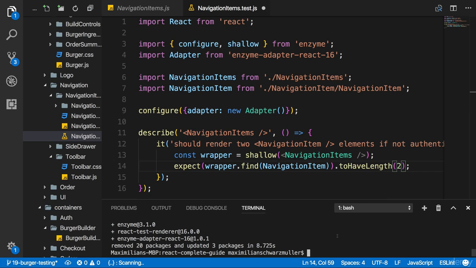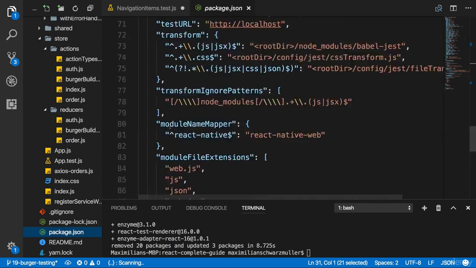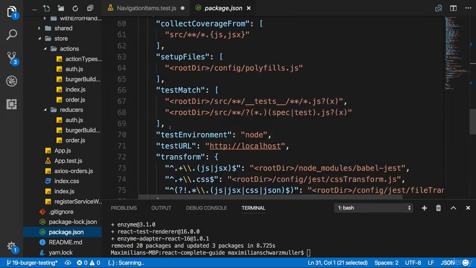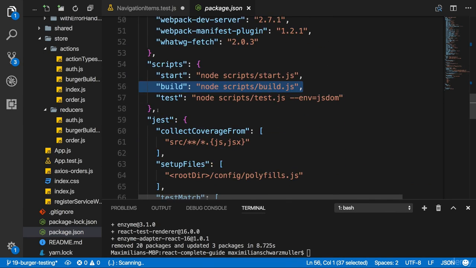Now let's find out how we can test it then. For this, let's have a look at the package.json file. And there, if we scroll all the way to the bottom, not all the way, excuse me, a little bit below our dependencies, we see the scripts section. We know the start script, this runs it in the browser. We'll see the build script soon. Now we need the test script. And we can run this with npm run test. Or just npm test actually. Like start, it's a special script where we don't need the run command.